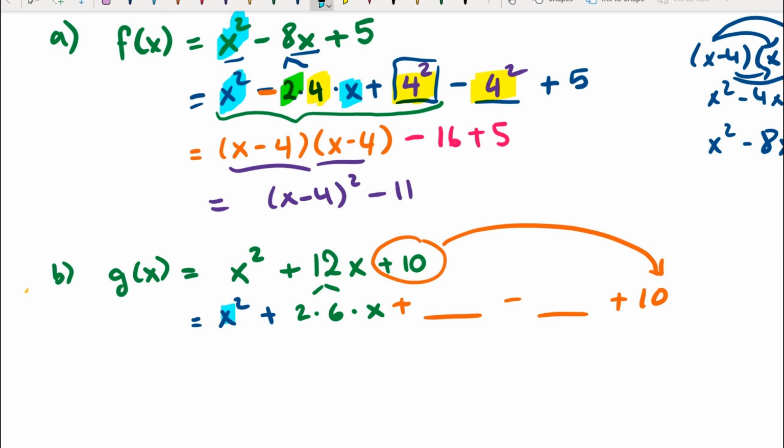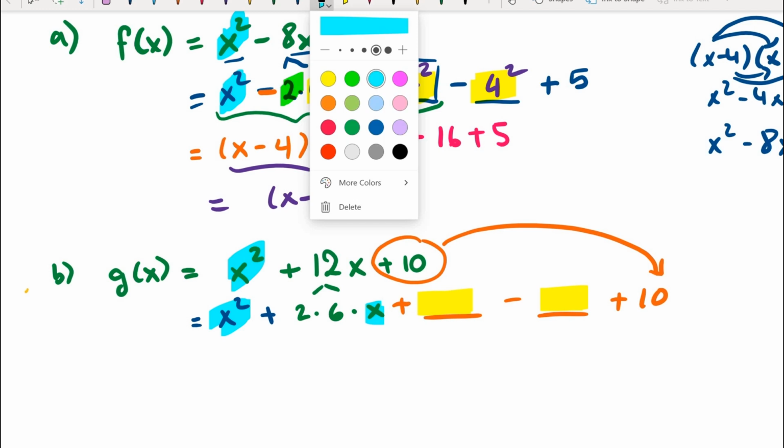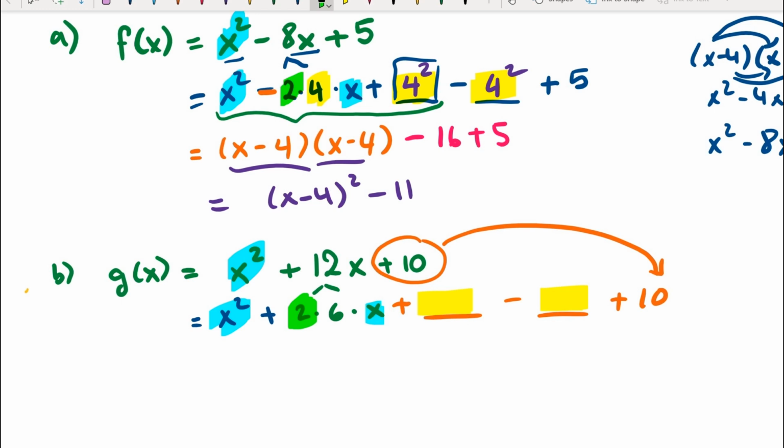Okay. So we have x squared, x here. We have some number here. We don't know what that number is. We know that the middle term is 2 times the first number times the last number. So the last number will be 6 squared, the square of 6. Okay. So that will give us